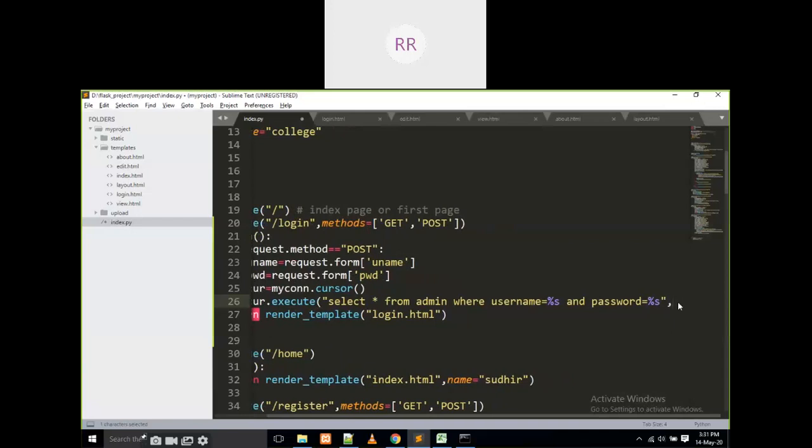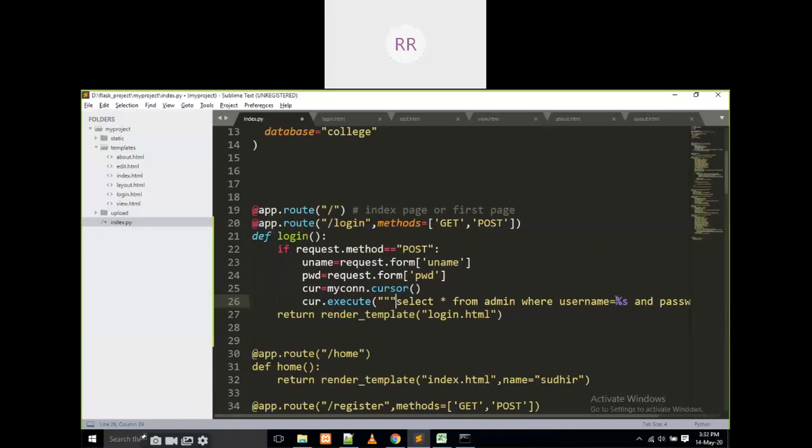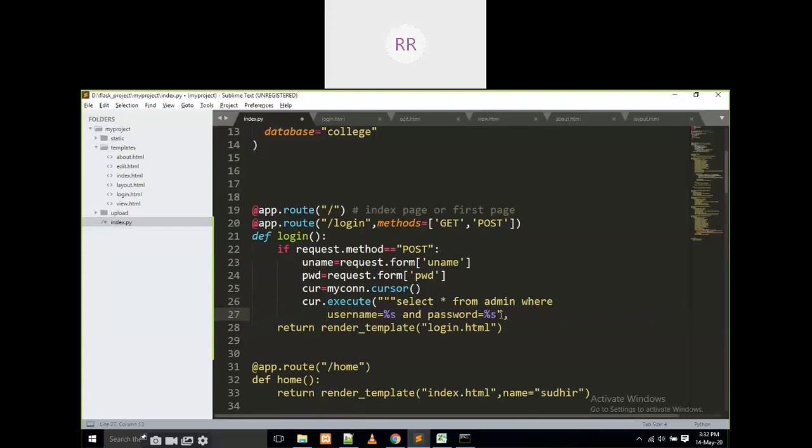Now I am going to write comma, within the brackets, uname comma pwd.